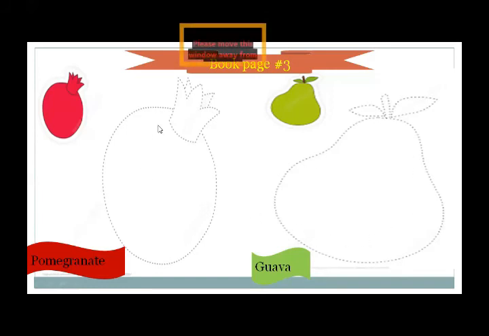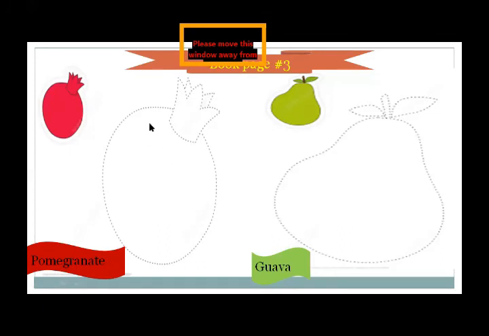And the tip for coloring is that first you will draw the outline. First you will draw the outline with the help of red color in the pomegranate, then you will start coloring inside it. The tip number 1 for coloring is that first you will draw the red outline, the red boundary line. That will be dark. After making a red boundary line, you will start coloring inside, but be careful while coloring.